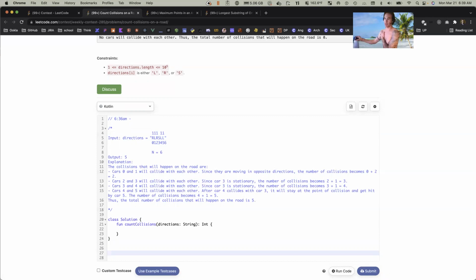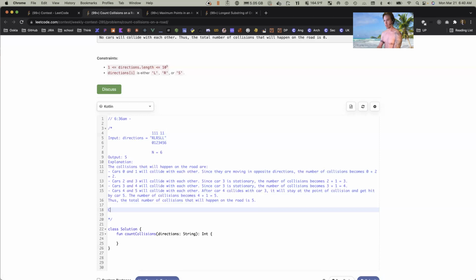It seems like we should be able to pre-process the input string from left to right and right to left and know what's to the left of each and to the right of each in order to calculate whether there's a collision or not. So if it's LLL, there would be no collisions, whereas SSS, there'd be no collisions as well. So collision